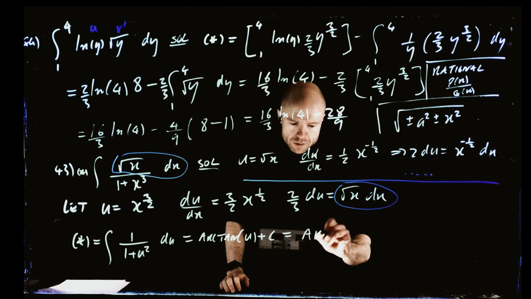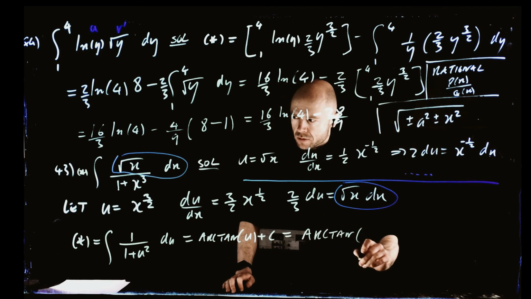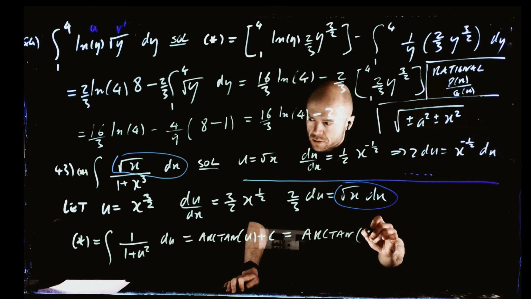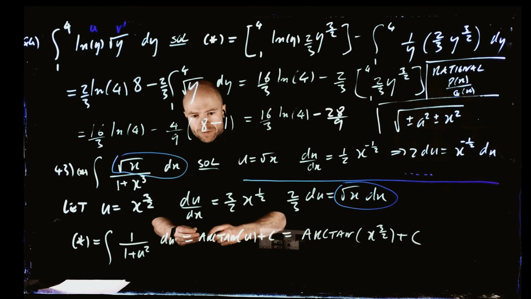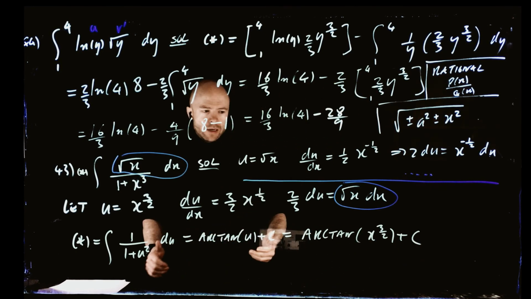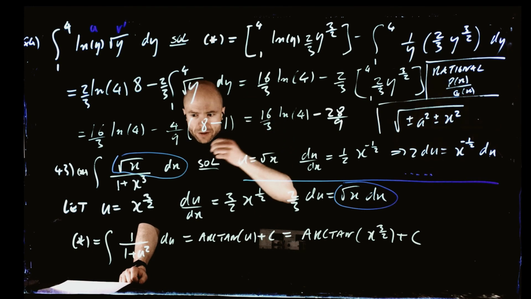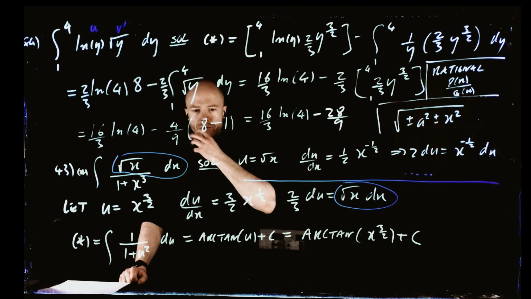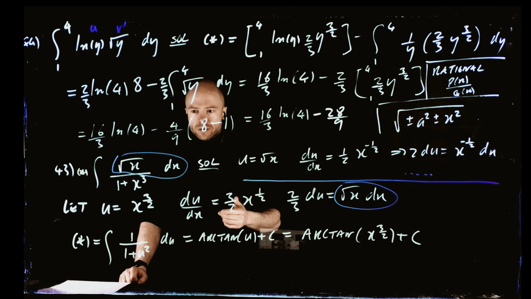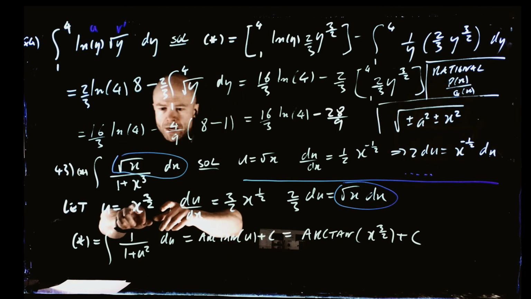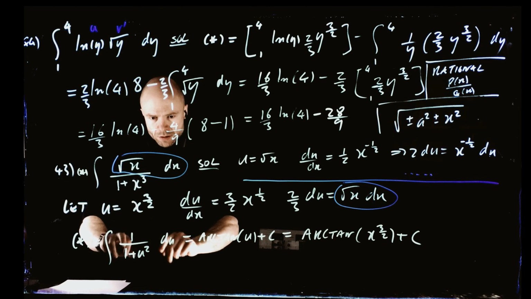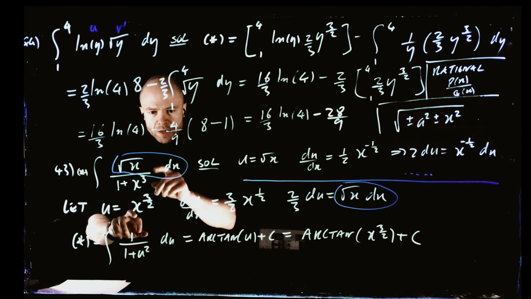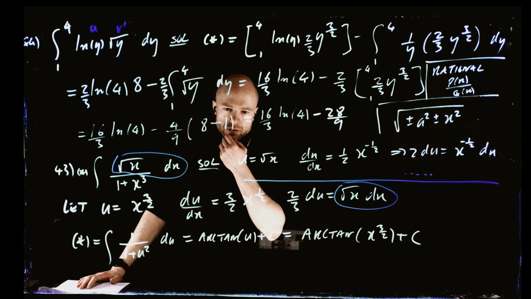We have arctan of x to the 3 over 2 plus constant c. So this was definitely hard. You have to look at this for a little bit, or quite a long while perhaps, to pick up the fact that trying this means that this part gets simplified and we get to this. But once you have this idea, you can fairly quickly in your head see that it's going to make things better. So sometimes the u sub will be kind of obscure,